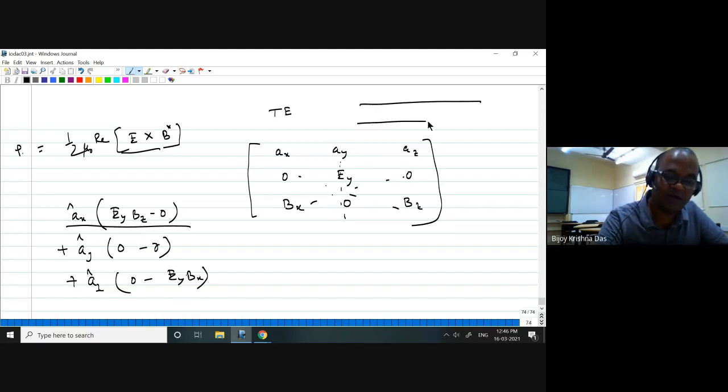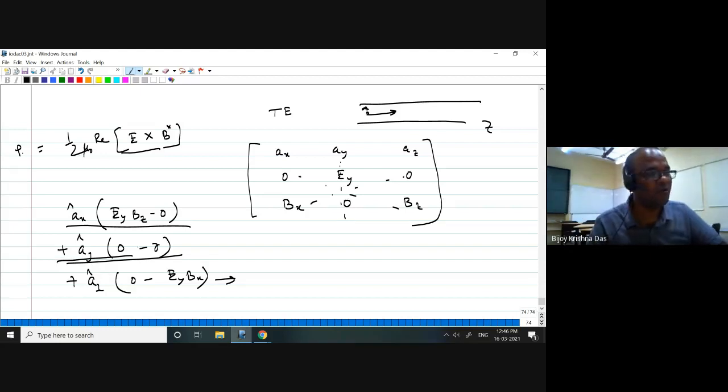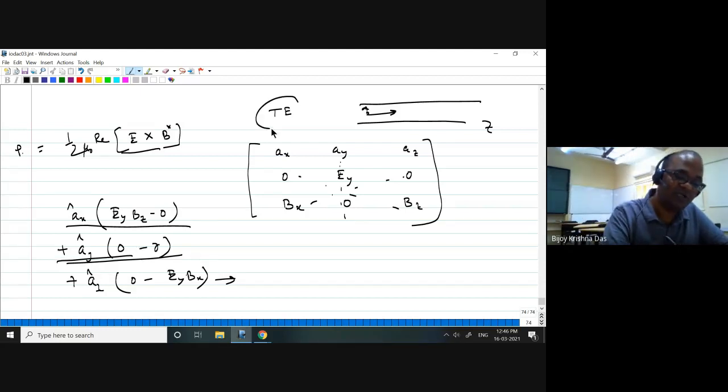So the X component exists. It is a waveguide. This is Z direction. So at any point, if you see, there is an X component of power flow. There is a Z component of power flow. But the Y component is not there. So power is not flowing in the Y direction for this TE polarization we are considering. What happens to this X component? Is it radiated as loss in the wave? No, it will not. The X component is there at any point. At any point you are getting an X component. But you know that there is a counter-propagating wave also there.